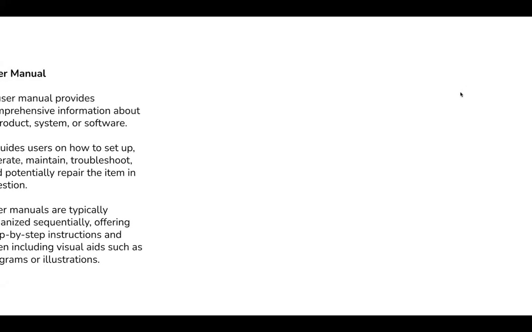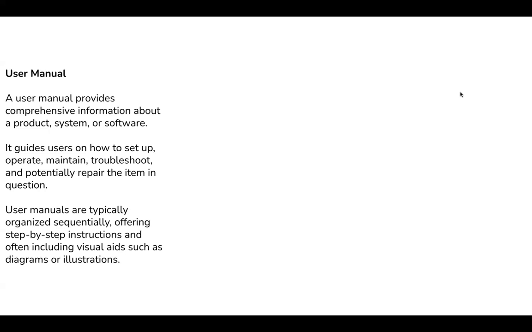Right. So a user manual is a document that provides comprehensive information about a product, system, or software, right? It guides users on how to set up, operate, maintain, troubleshoot, and potentially repair the item in question. Like when you buy a fan, an air conditioner, a TV, things like that. So user manuals come with such products, and